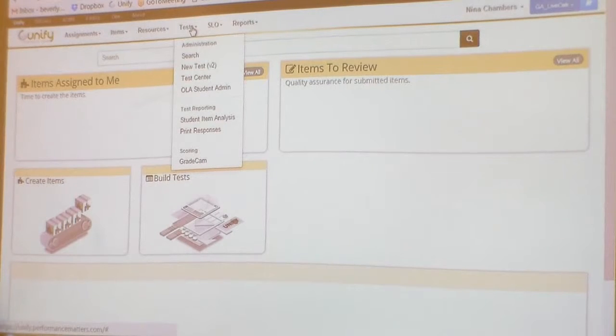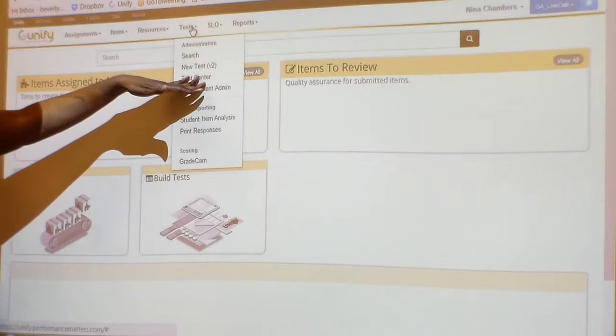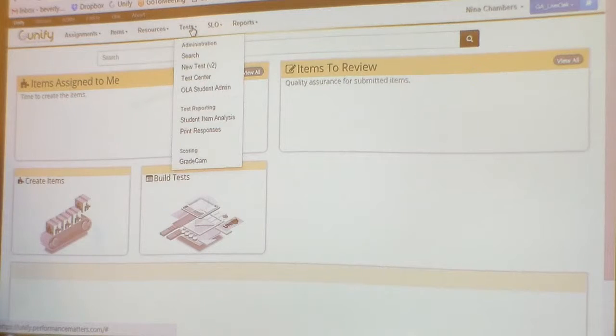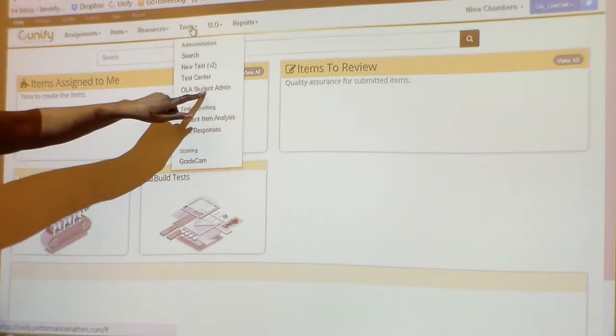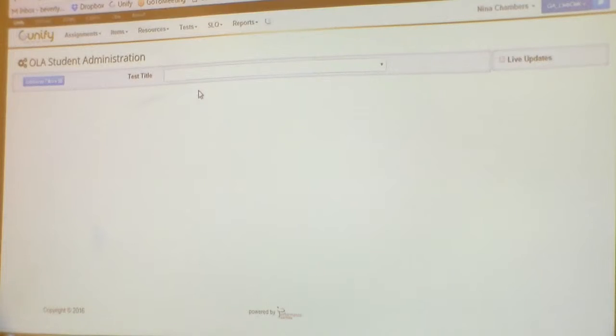Okay, so once again, keep in mind, when we started out, I needed to release my test. I needed to give my students access to my test. So I went to Test Center, clicked on that star, and released my test to my students. Now my students are in the process of taking their test, so I need to monitor them. So now let's click on OLA Student Admin. So when they take the test in OLA,